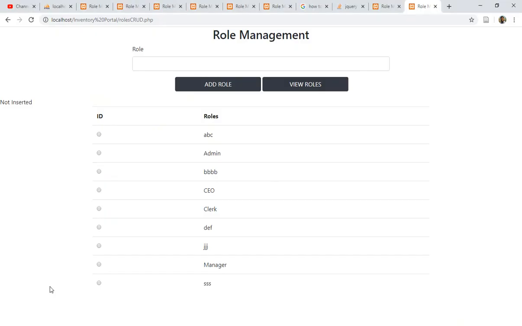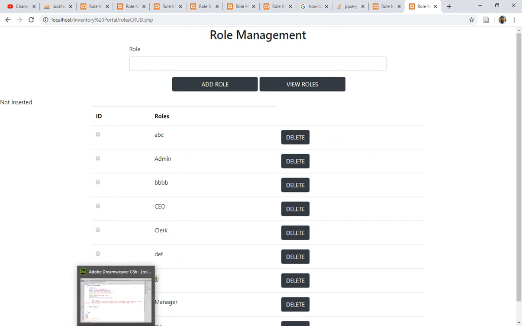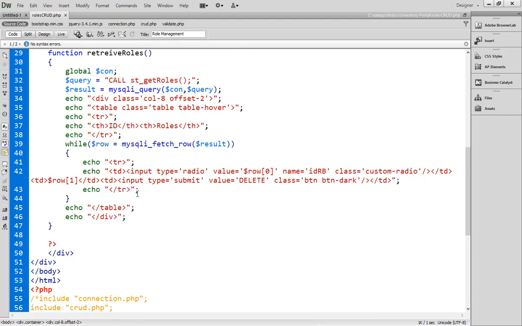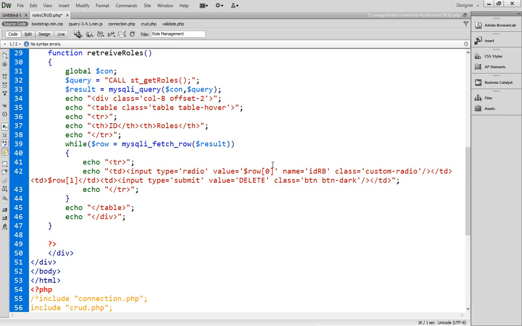Let's see what's the output of this. Refresh. So you can see now I have the delete button. I wanted that when I click on the delete button, this role should be deleted, or when I click on the update button or the edit button, this role should be edited, and so on. Okay, so let's specify the other buttons also. So btn-dark, and there are other things. Let me specify, copy this first. Okay, the name of the button is not yet given, so the name of the